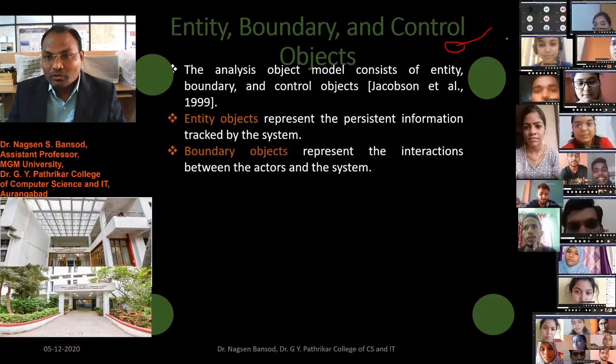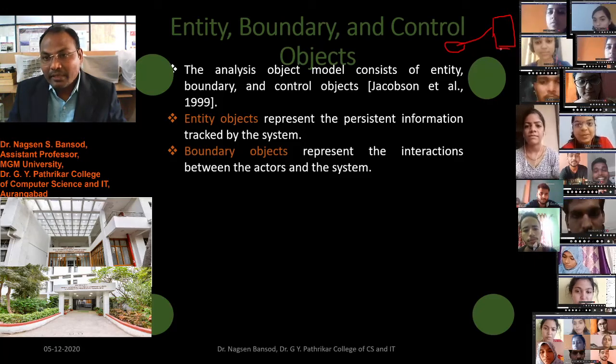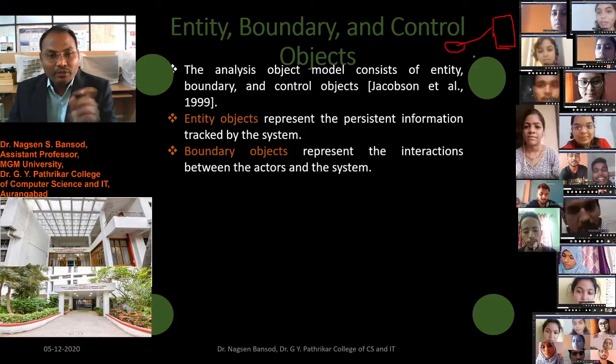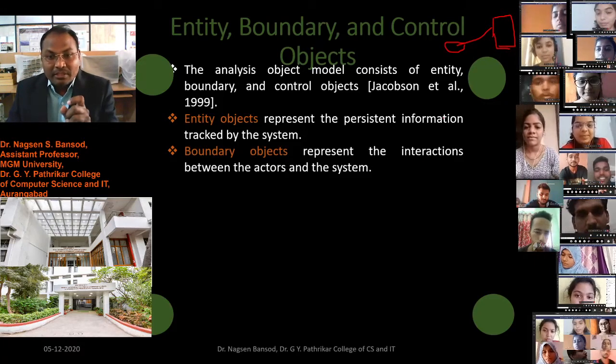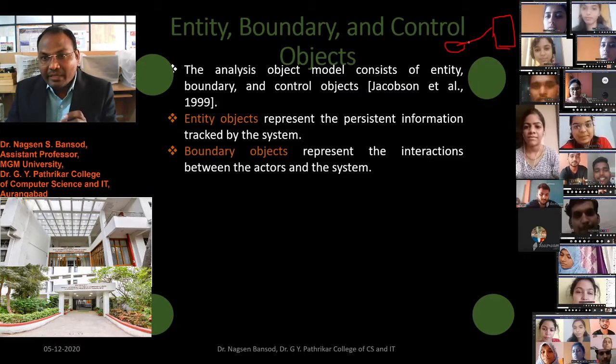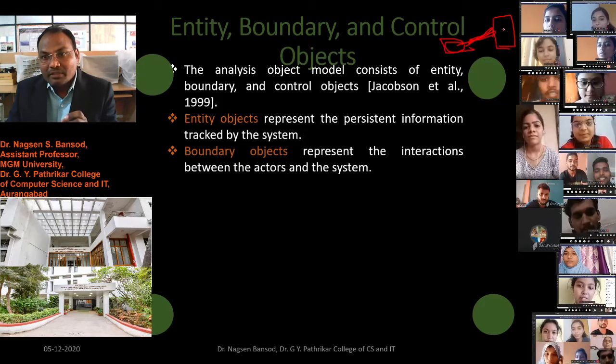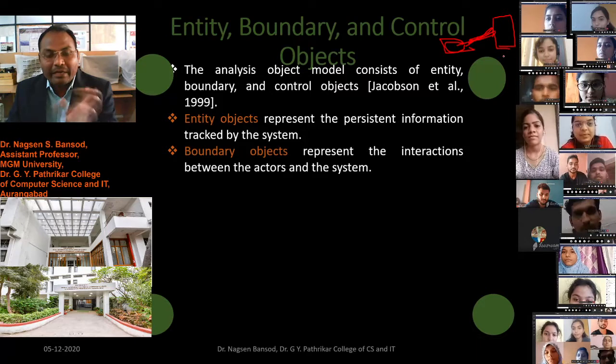Suppose one printer is there and one computer is there, and these are connected to each other, meaning interaction between the actors and the system. We can say this is the boundary object between the printer and the computer for interaction.